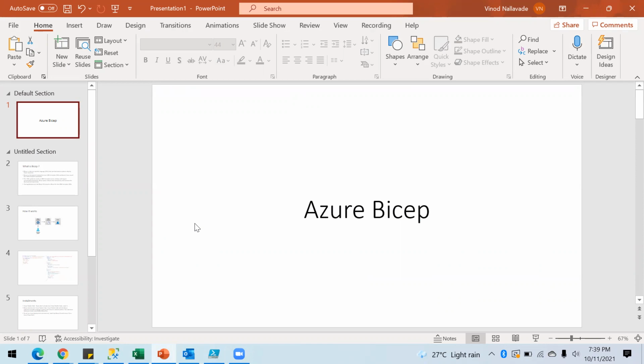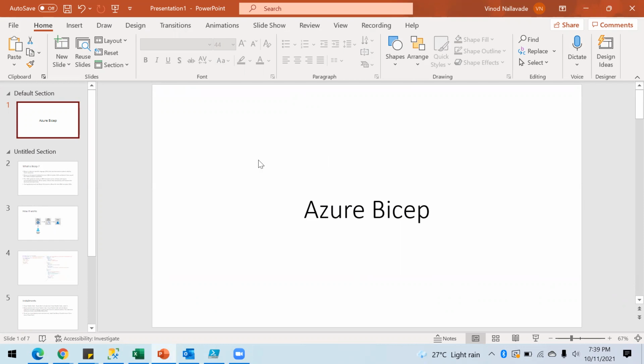So there are different ways we can deploy our resources inside Azure. But to add to this, Microsoft came up with a new declarative language, which is Azure Bicep. So before starting, why do we need this, and is it something different from the options we have today?